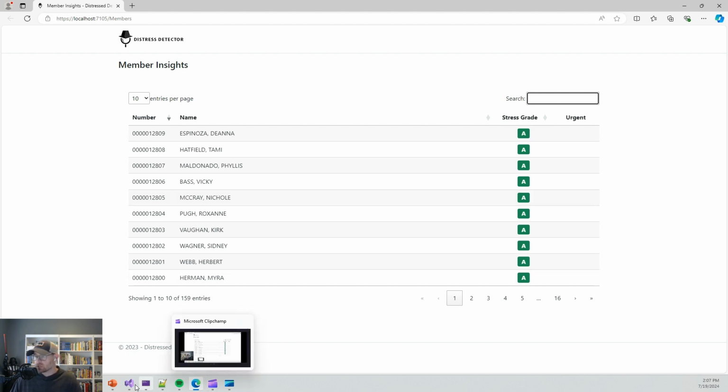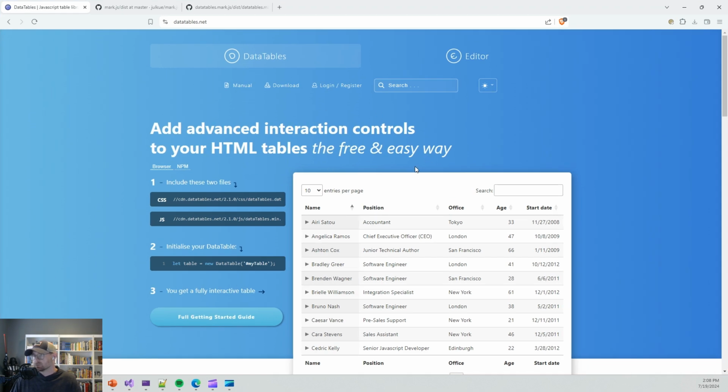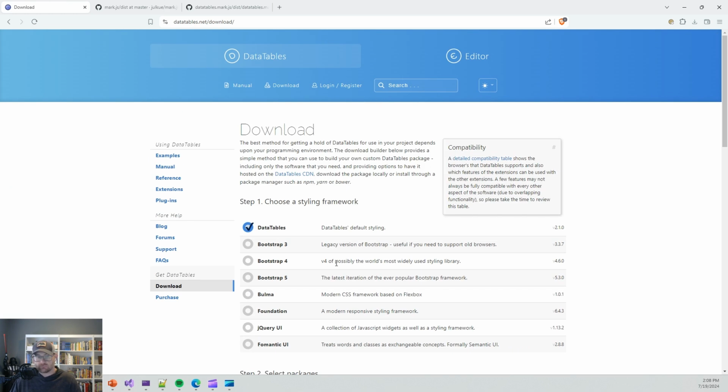All right. So, the first thing that I'm going to assume is that you have an ASP.NET application, but actually that's not the requirement. The real requirement is I'm going to assume that you have jQuery and probably Bootstrap 5, which are defaults within the ASP.NET MVC core project. If you have those puzzle pieces, really all you need to do then is go out to datatables.net. You're going to click download,